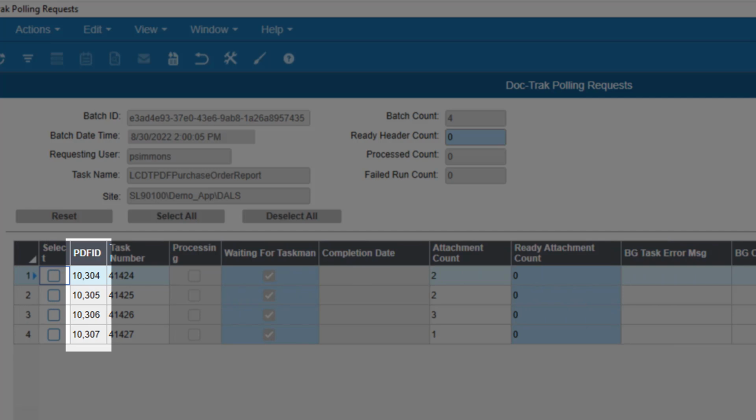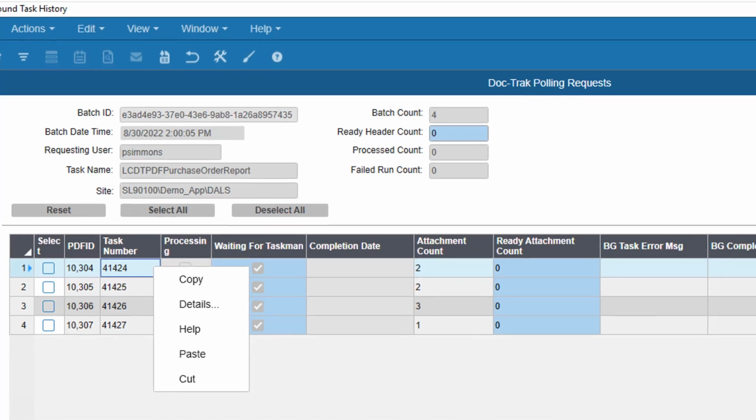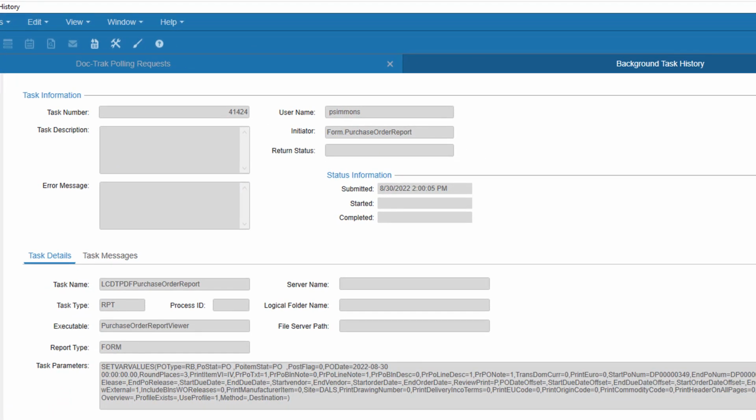The first column displays the PDF ID number of each request. Next is the corresponding SiteLine task number for generating its initial PDF file. If you want to see it, just right-click it here and select Details. This will open up the task as it appears in SiteLine's background task history.